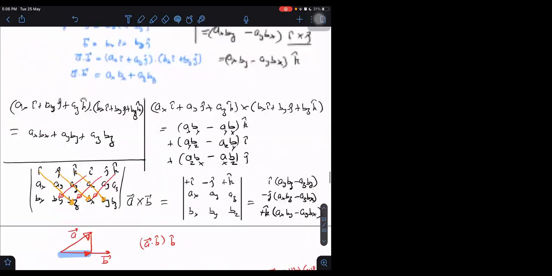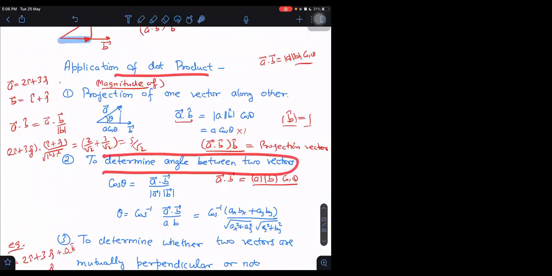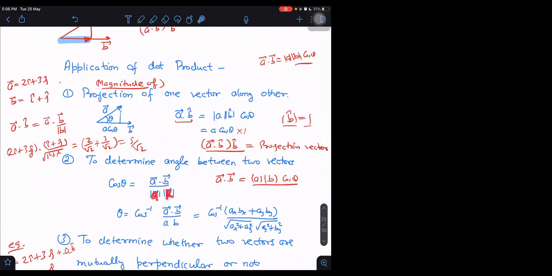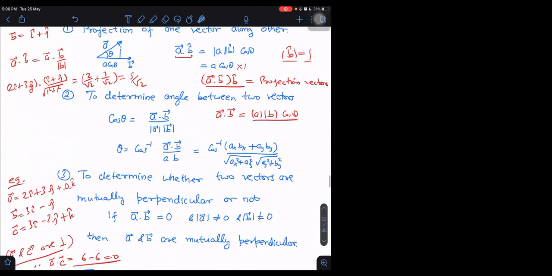A bar dot, I told you alpha, that dot product can be used to determine the angle between two vectors. What do I have to do now? A dot R bar, B will change into R. A dot R bar divided by A into R magnitude will give us cos of the angle between two vectors.